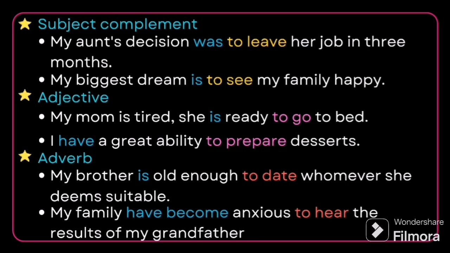Now the fifth function, adverb. First example: my brother is old enough to date whomever she deems suitable. My brother is the subject, is is the verb, and to date is the adverb. Next: my family has become anxious to hear the results of my grandfather. My family is the subject, has become is the verb, and to hear is the